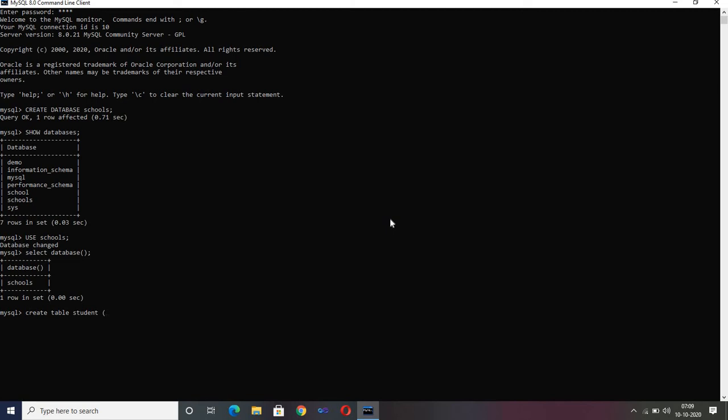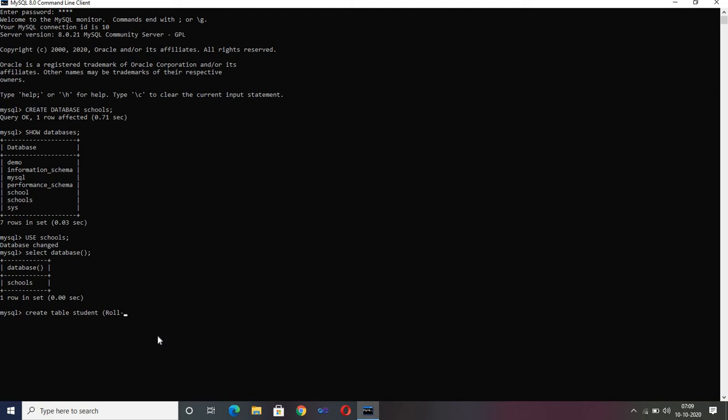So obviously in a school first we need a roll number, right? So we have written roll number. Now the thing is I cannot write roll number like this. Why? We cannot have a space in the name of an attribute or the name of a table or the name of a database. We can't use spaces in between, or this hyphen symbol.